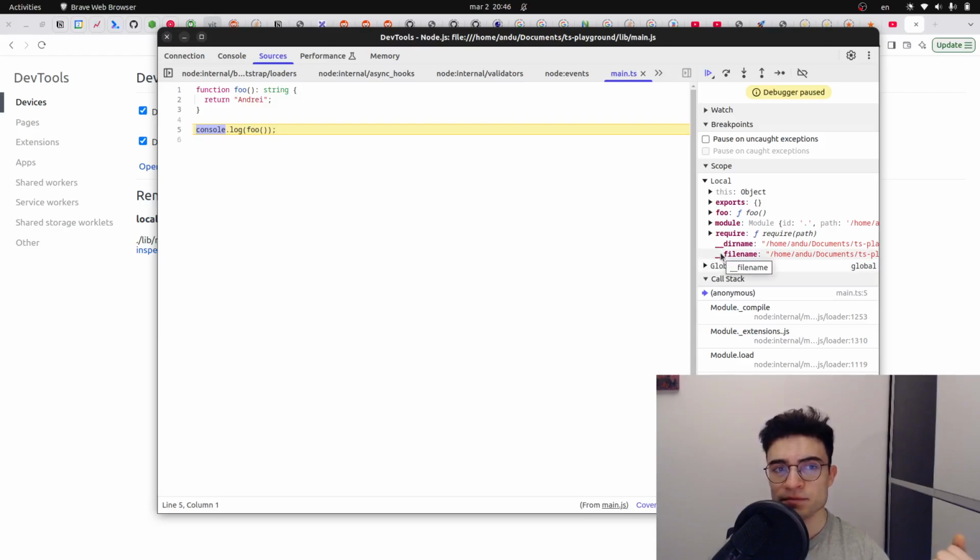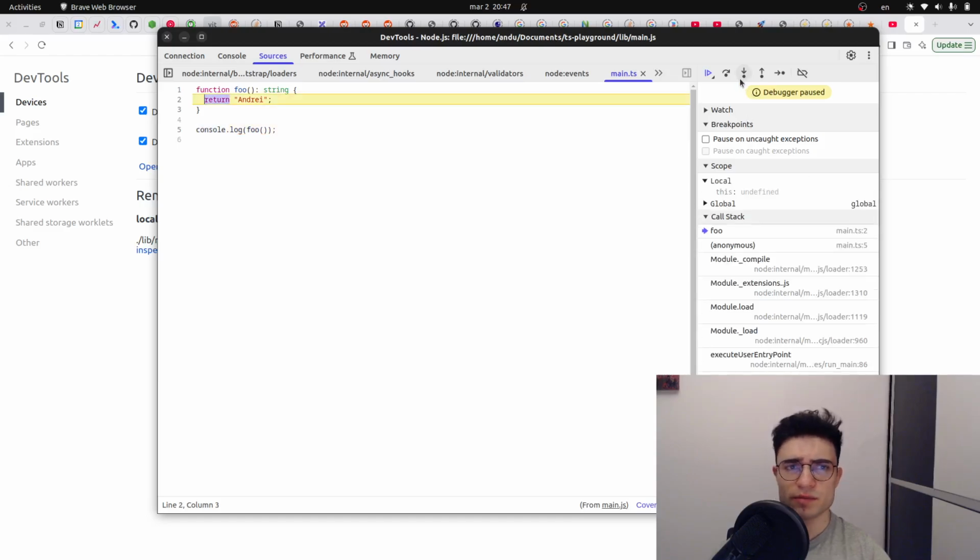Now that I think about this, I think it was a great thing that the debugger didn't work initially, because now I've learned more about the tools that I use pretty much every day. So yeah, now I can simply debug the script. If this script imports other scripts, I can also debug them as well, of course with source maps. So this is great